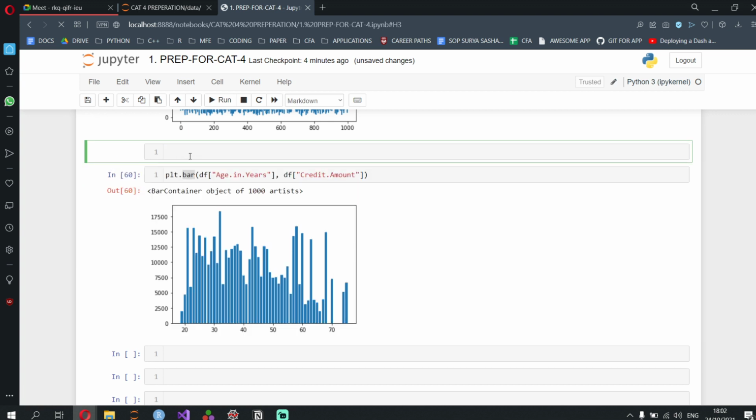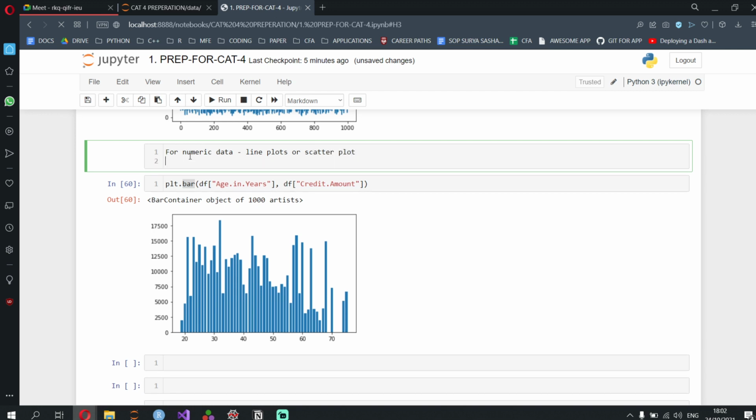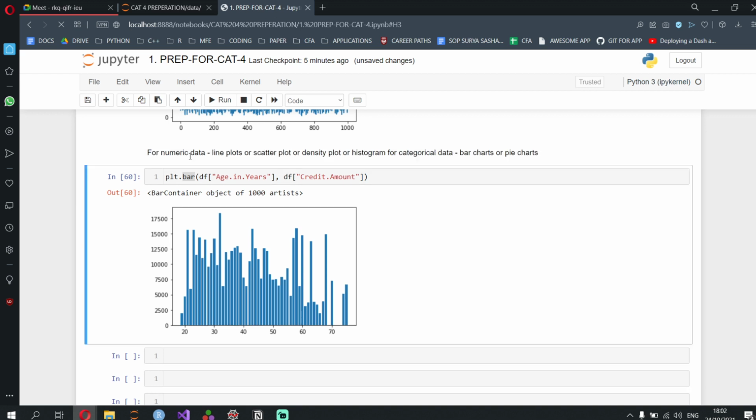For numeric data, you use line plots, scatter plots, density plots or histograms. So I should have been putting a histogram here. For categorical data, you use bar charts or pie charts.